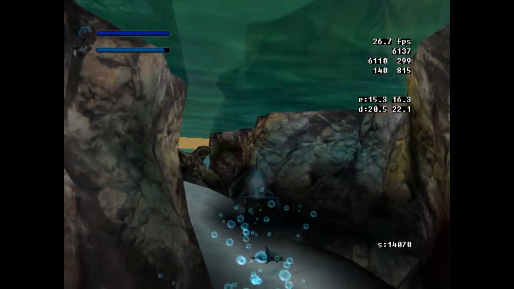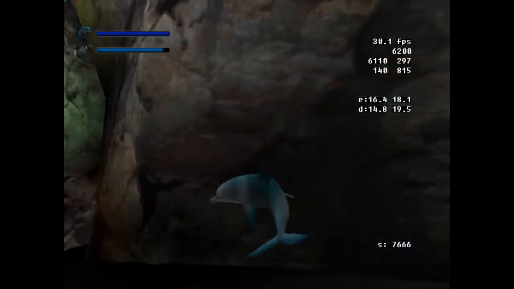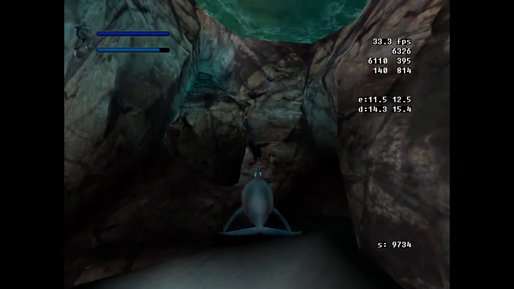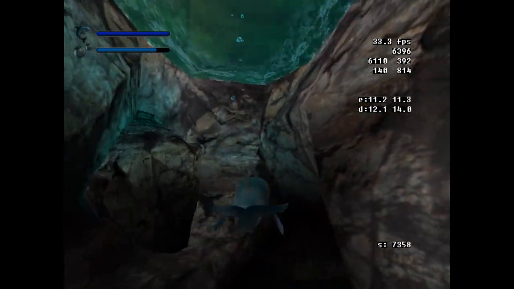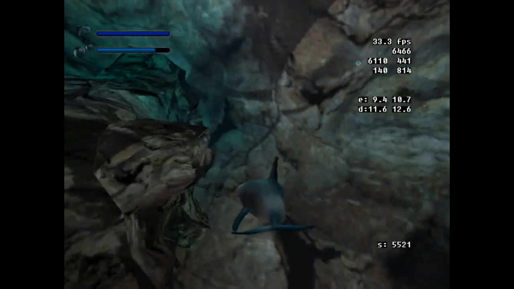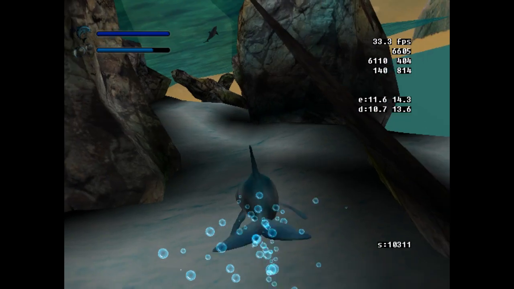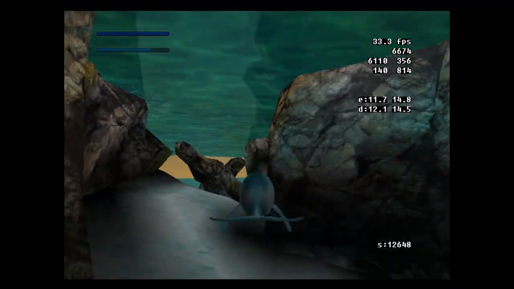Yeah, like I was saying, a lot of this modeling was imported directly from Defender of the Future, so... Aha, there is another dolphin here. Hello. Oh, did it just swim into the wall? Yeah, but there are levels that are pretty well modeled out with new geometry, so...